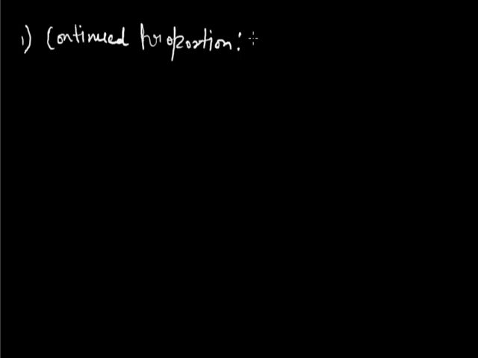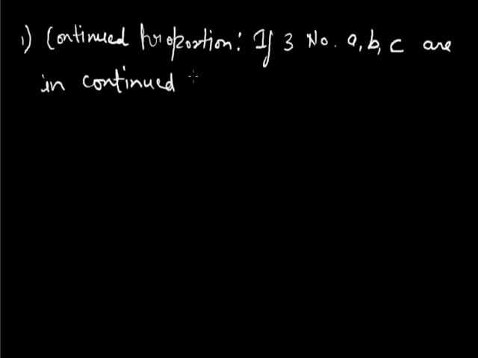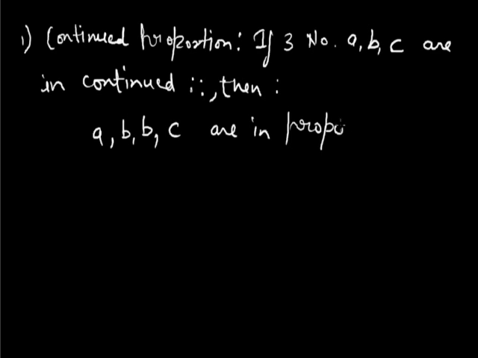The statement of the concept of continued proportion is that if three numbers a, b, c are in continued proportion, then it means that a, b, c are in proportion. It means that the ratio of a is to b is equal to the ratio of b is to c,